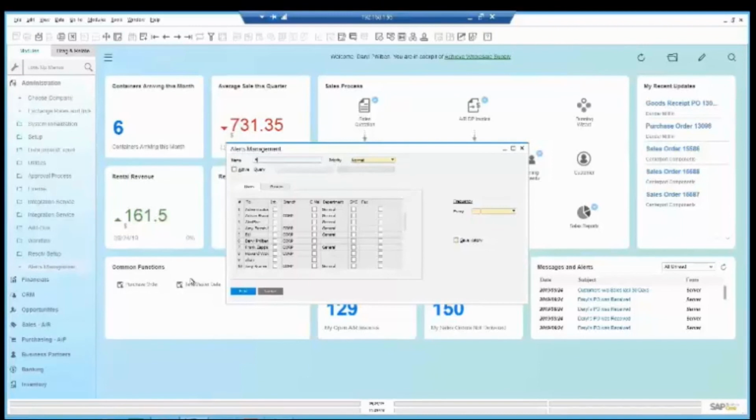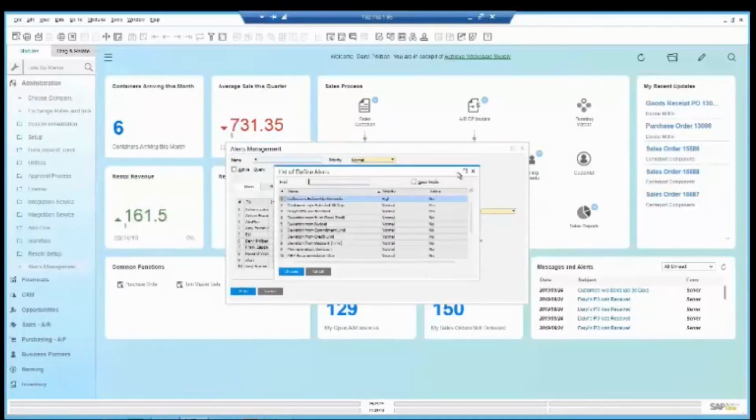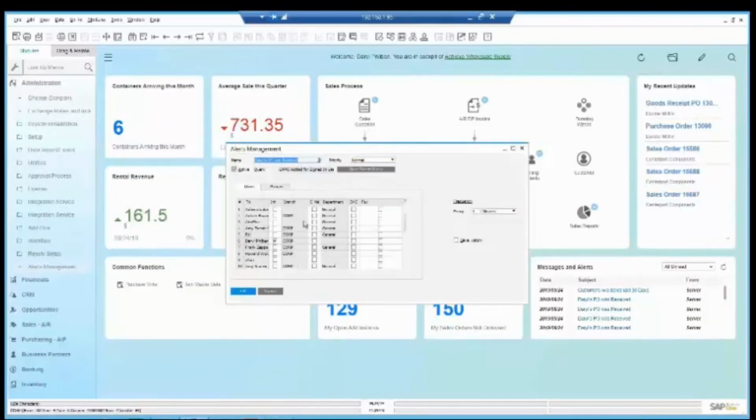And what that's going to give you the ability to do is to use some predefined alerts that you guys know about already, where you've got these gross profit deviations and so on and so forth. But you also have the ability to create one with what's called the query here. So if I come in here and I activate this and I do based on the query, you can see here that I'm able to specify how frequently I want this to run,